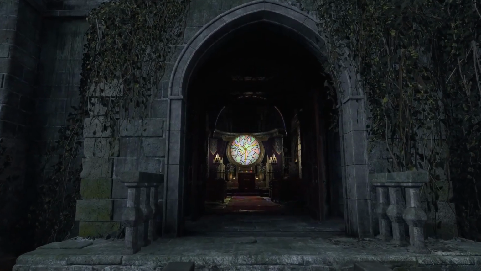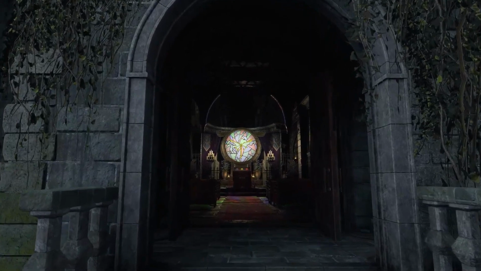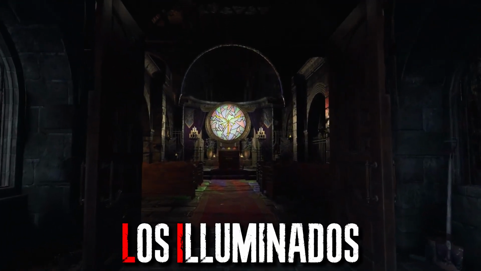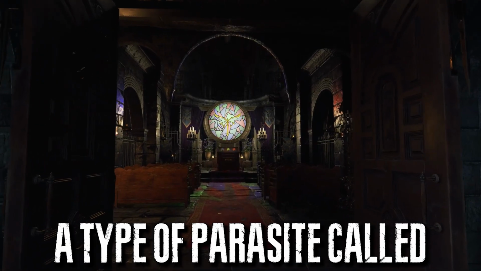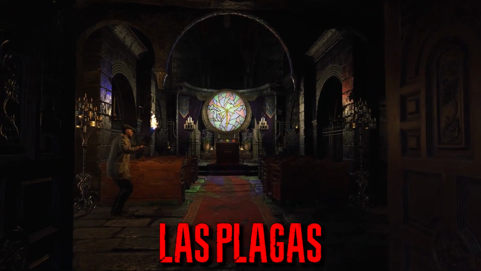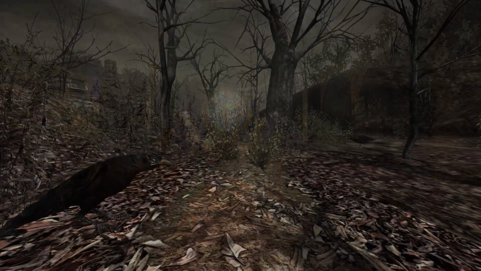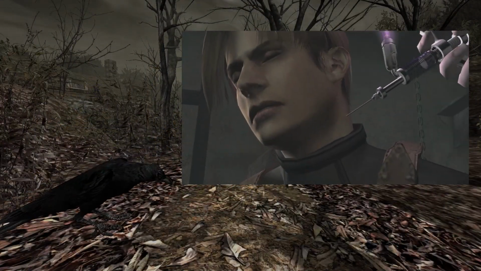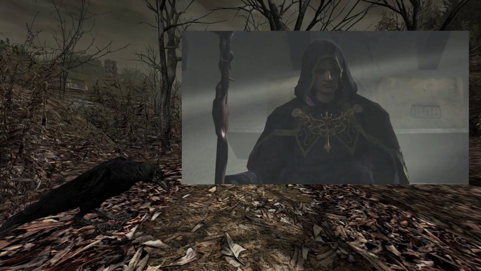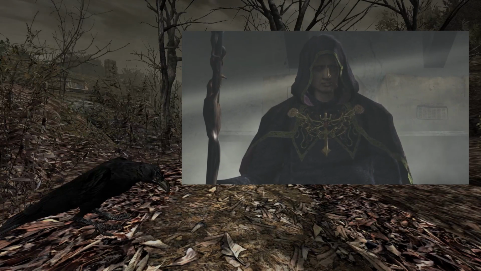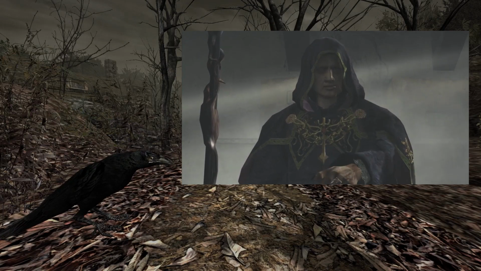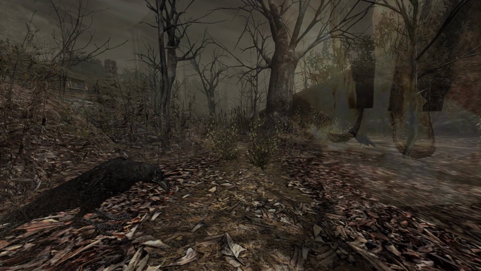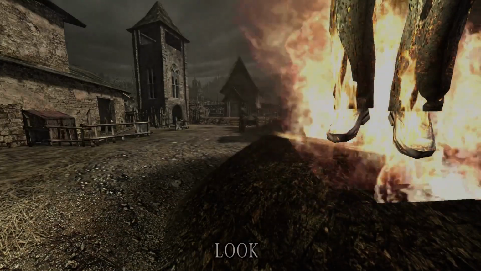Osmond Saddler is one of, and probably the last member of, the Saddler family, the leaders of Los Illuminados. Los Illuminados was notorious for using a type of parasite called Las Plagas to control its followers. They believed that every person on Earth needed to be cleansed by obtaining this parasite. Unfortunately, the victims of Las Plagas lost their ability to think straight and would follow their leaders blindly. They also became extremely violent, but the worst part of this group was their rituals, where they would sacrifice their